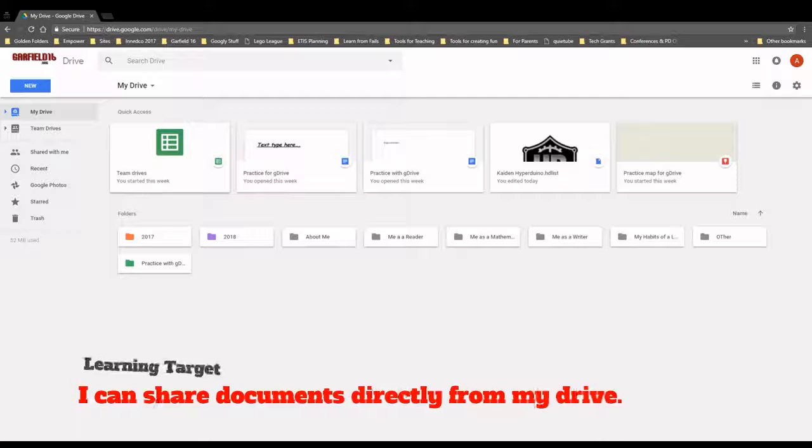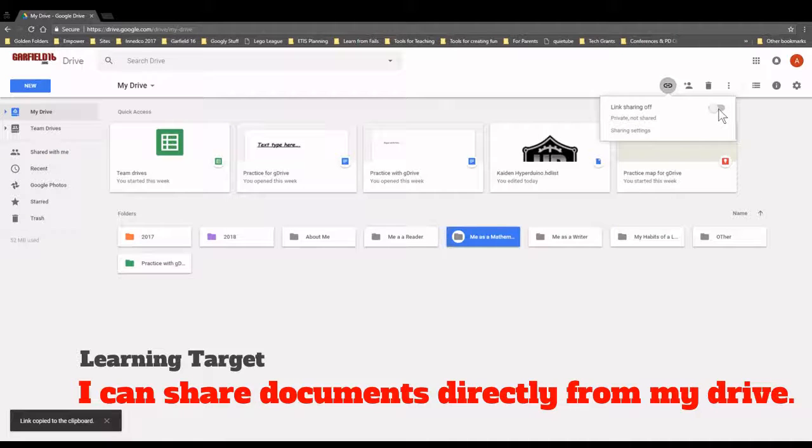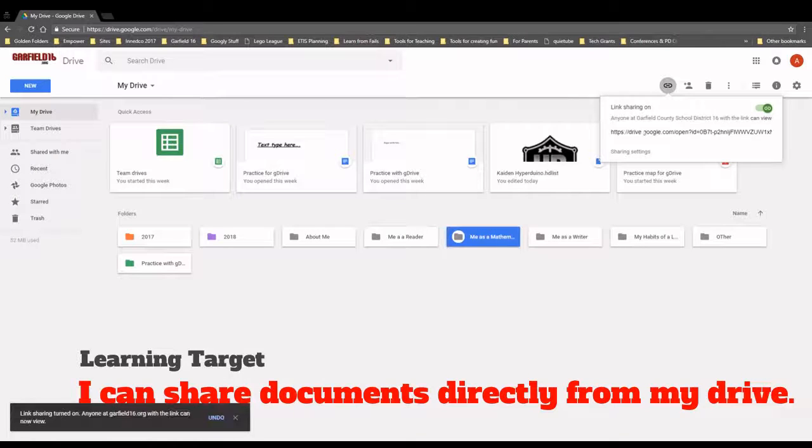Okay, so let's talk about sharing documents here from our drive. So I'm going to click on one of my folders here. Let's say I want to share this folder with someone. If I click on it, up at the top right here, I get a hidden menu. Some of these buttons show up. If I don't click on it, those buttons go away. So they only show up if you click on an item. So I click on an item and we get a couple different options. The first one is to get a shareable link. I could click on that once, turn link sharing on, and I could copy this link right here and maybe put it in an email to someone